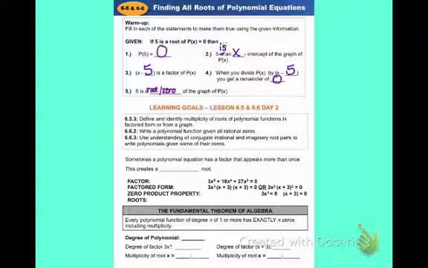So the coming attractions in this lesson are, first of all, we're going to define and identify multiplicity of roots of polynomial functions in factored form or from a graph. Secondly, we're going to learn to write polynomial functions given all rational zeros. And finally, we're going to use understanding of conjugate, irrational, and imaginary root pairs to write polynomials given some of their zeros,